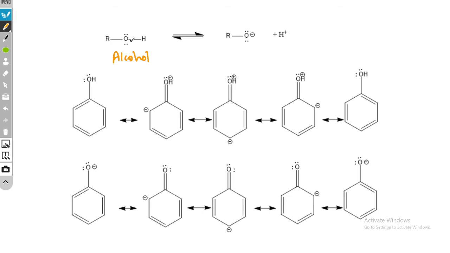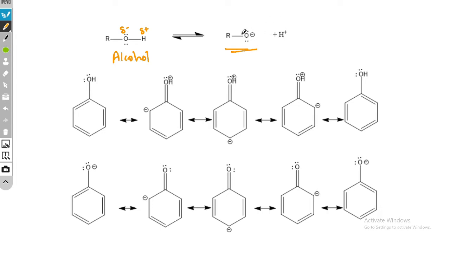If you see the structure of alcohol, you can see that there is an electronegativity difference between this oxygen and this hydrogen. So the shared pair of electrons will slightly move towards this electronegative oxygen, which will have a negative charge, and here a positive charge. So, by the action of a strong reagent, it can easily remove this hydrogen. So, it will react with sodium to form an alkoxide ion. This is the alkoxide ion.